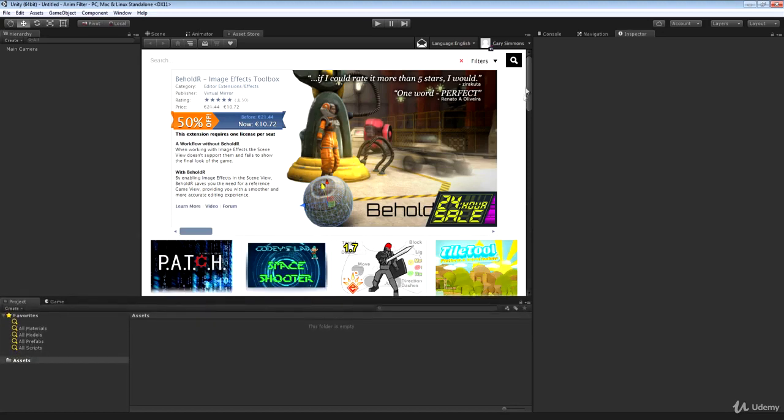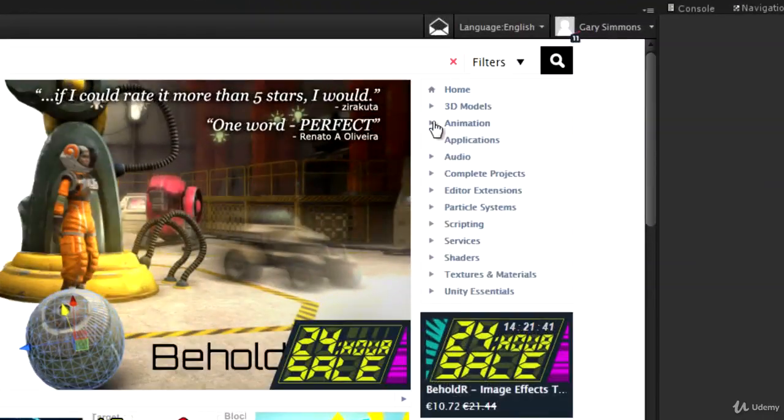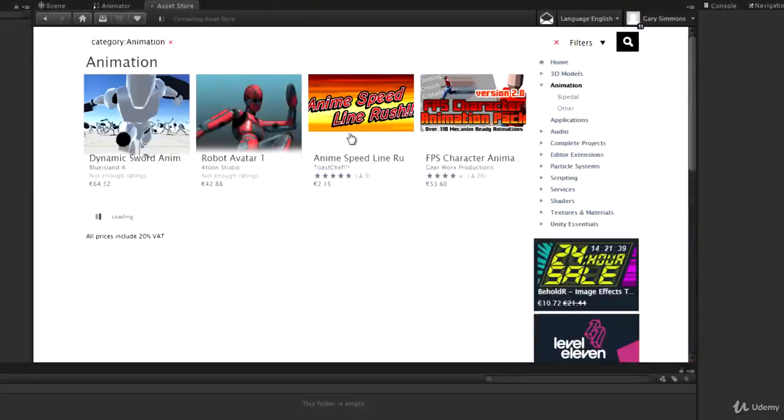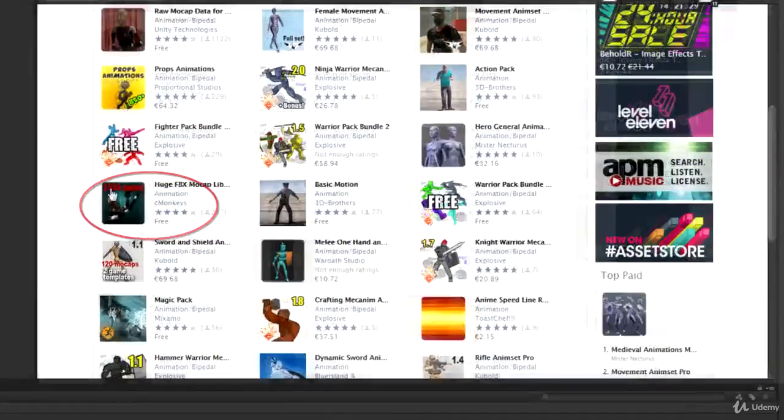I'm going to resize the window a little bit so I've got a bit more real estate to play with when viewing the asset store. And I want to open up the animations folder. Click on animations and you can see in the list, if we scroll down, there is this huge FBX mocap library. It says here, I don't know whether you can see that on the stream,